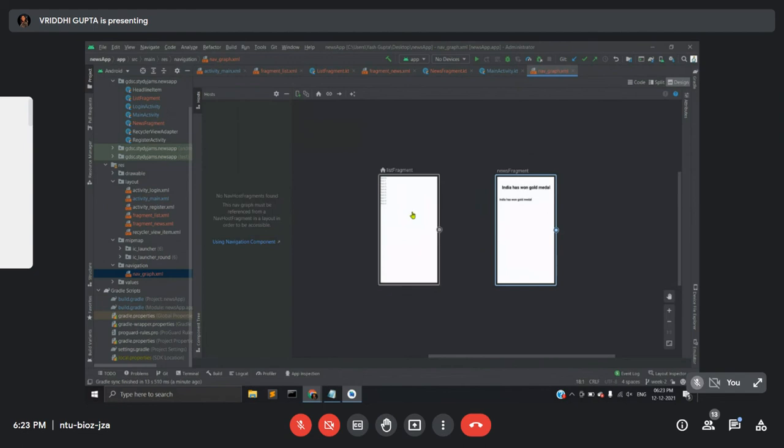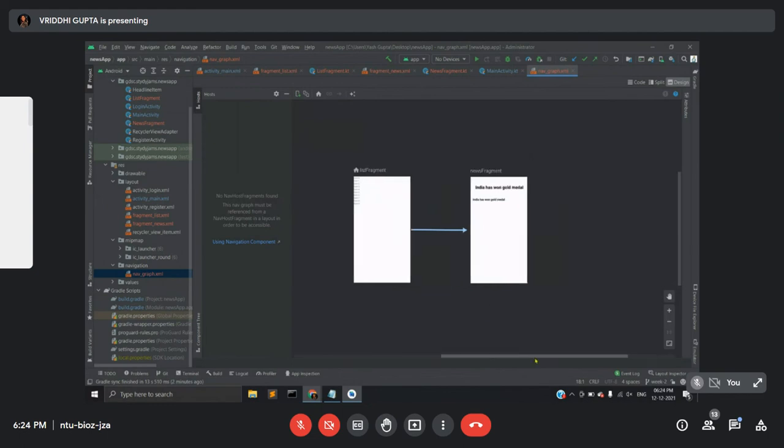The Gradle sync is still in process for mine, but can I do this stuff? I have done it. I have added the list fragment and news fragment. Actually, you can do this once your sync finishes. Only then you would be able to use the navigation component, because we have added dependencies, and the package gets downloaded when you sync it. For me, it is showing the Gradle project sync in process, but I am able to do these things. Oh, okay, then it's nice. You can continue until it finishes.